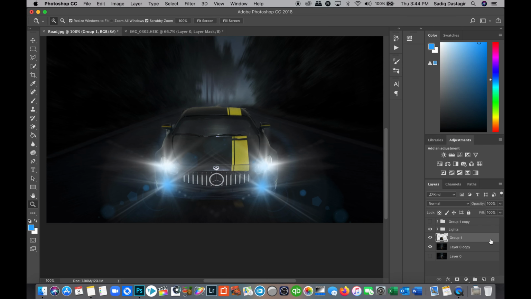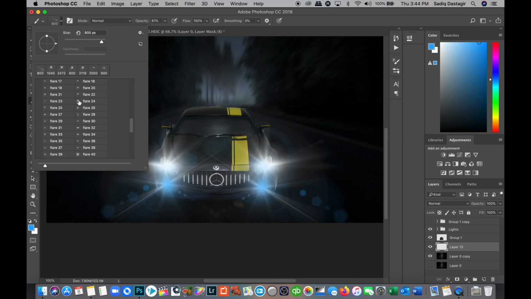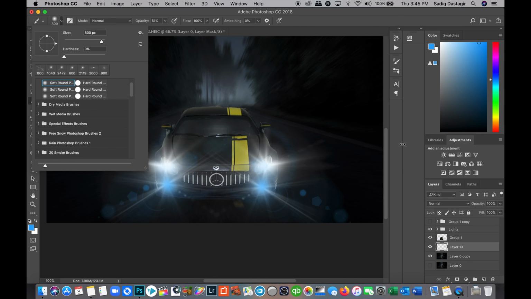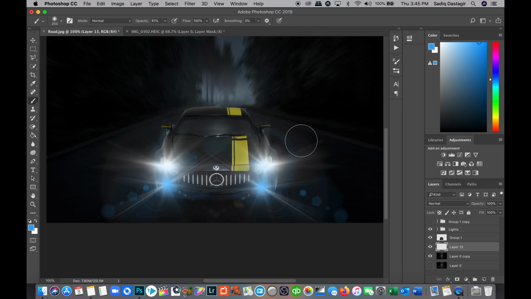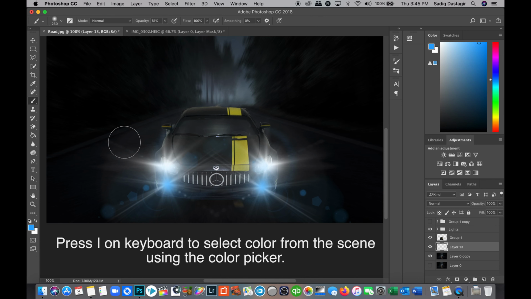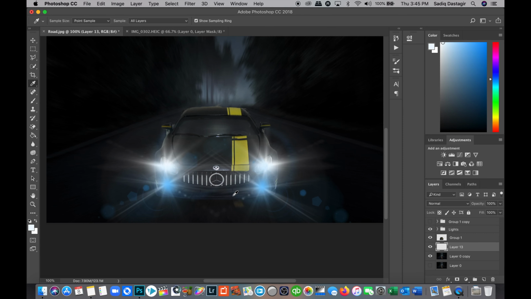If you see, the car is having a lot of light, but then the road is not well lit and we do not want that to look unnatural. We'll add another layer. We'll put it below the car layer here. We will go back to the regular brush, and by using the color picker, or you can say I, if you press I, you can just select the car layer here, and you can see on the left hand corner it has selected the car layer. We'll add a little bit of light and we'll start brushing in this direction.